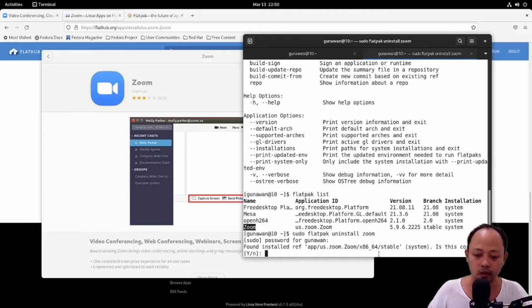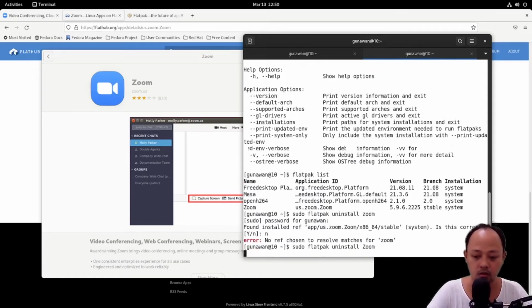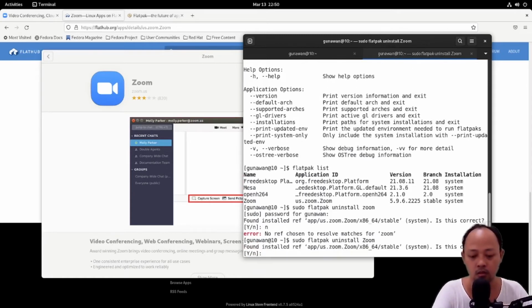Is this correct? Wait, how if I type like this? Oh, still the Flatpak will show the same message. So I think it doesn't matter if you do not follow the name here when you execute the uninstall command.